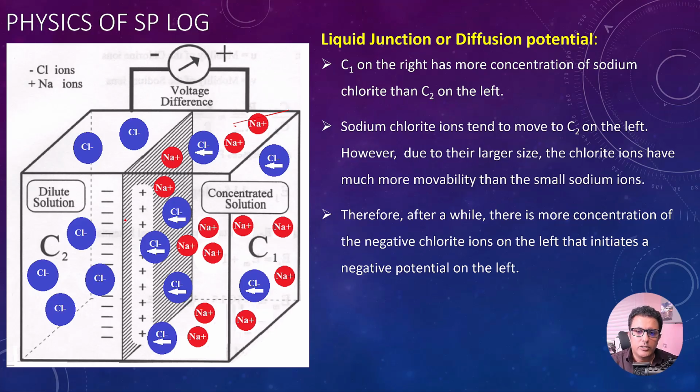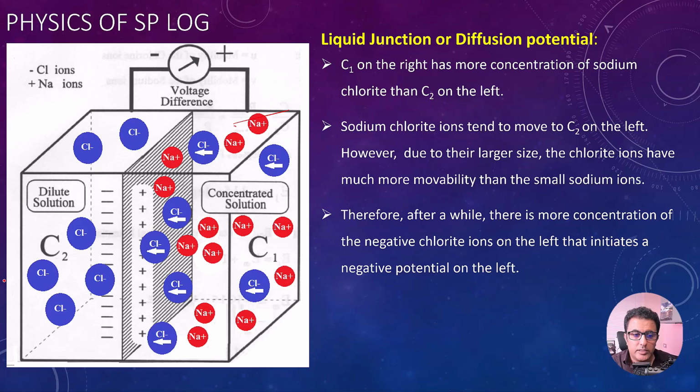Okay. So what happens? The salty water contains chloride and sodium ions, and we know that ions tend to move from the area where the concentration is high to the area where the concentration is low. What happens in reality is that chloride ions are much bigger compared to sodium ions, and as a result, they have much higher mobility. So